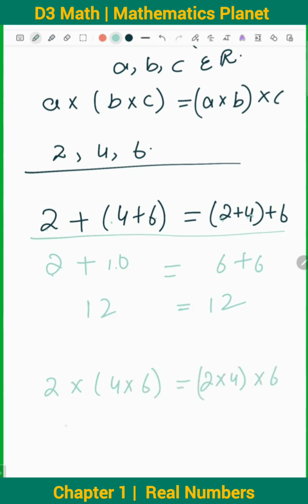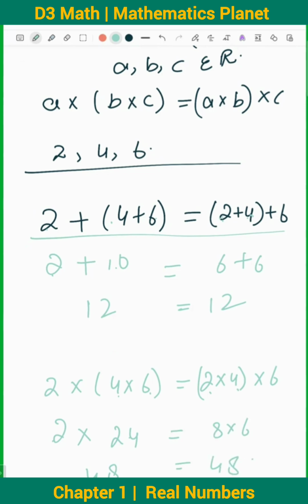2 टाइम्स 4 टाइम्स 6 इज इक्वल टू 2 टाइम्स 6 टाइम्स 4, तो क्या होगा? 2 टाइम्स 6 टाइम्स 4 क्या होता है? 24। 4 2 8, 2 2 4, 4 2 8 into 6, 8 6 क्या होता है? 48। तो आपने देखा कि मल्टीप्लिकेशन और एडिशन में एसोसिएटिव प्रॉपर्टी फॉलो होती है।